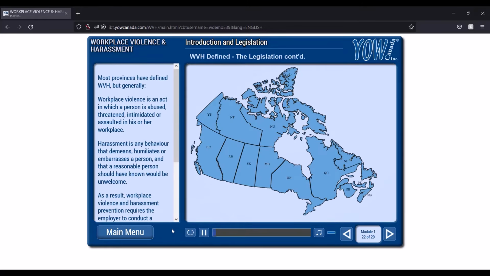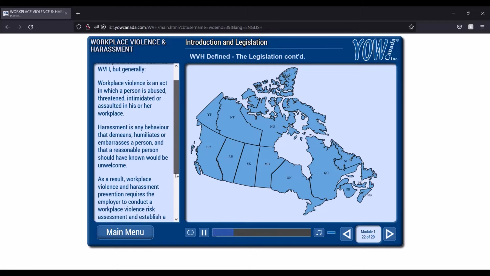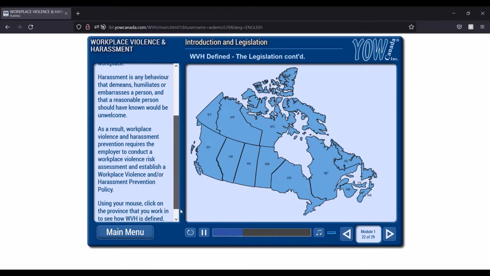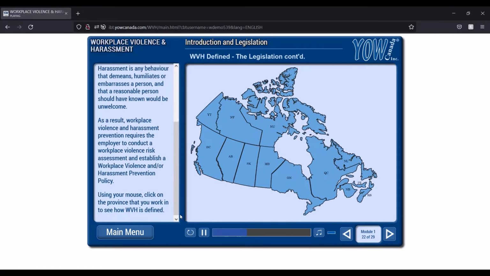Most provinces have defined WVH, but generally, workplace violence is an act in which a person is abused, threatened, intimidated, or assaulted in his or her workplace. Harassment is any behavior that demeans, humiliates, or embarrasses a person, and that a reasonable person should have known would